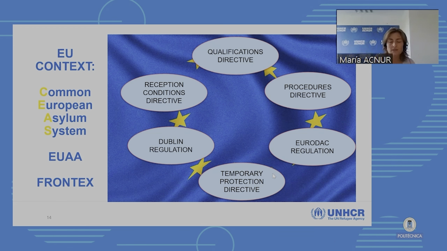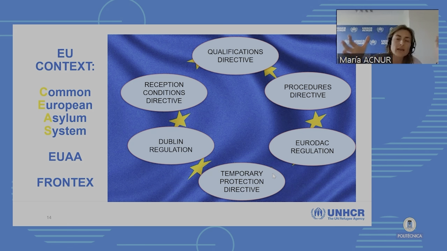These legal instruments are complemented with the action of the EUAA, which is the European Union Agency for Asylum. This has been very newly created. We had the EASO, the European Asylum Support Office, which did not have the status of an agency prior to the EUAA. The EUAA started its work in January this year, but it's the former EASO. It's now the EUAA, which means that they have more capacity and more possibility to impose different aspects.